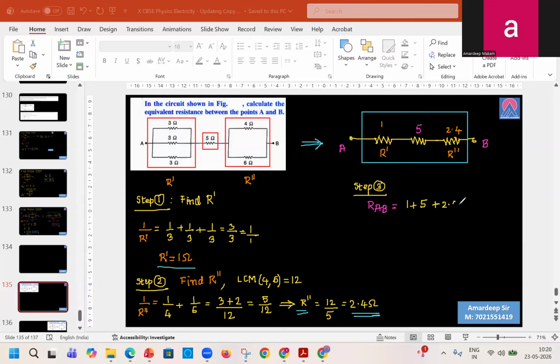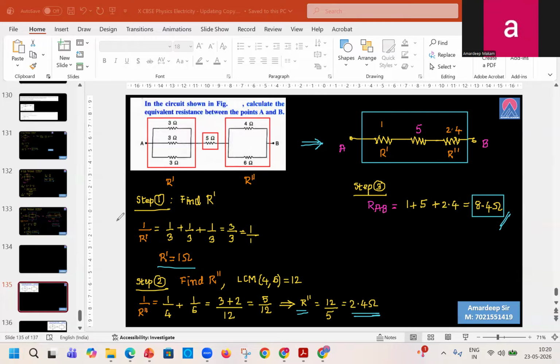Yes, please give me the answer, please, quick. 5 plus 1 6 plus 2.4. जल्दी से बोलो. 8.4. 8.4 ओम्स बोलना चाहिए फटक से. ठीक है, श्योर? पक्का? हाँ. कोई डाउट है इसमें? नहीं सर।